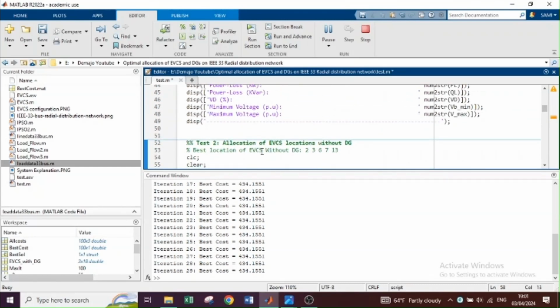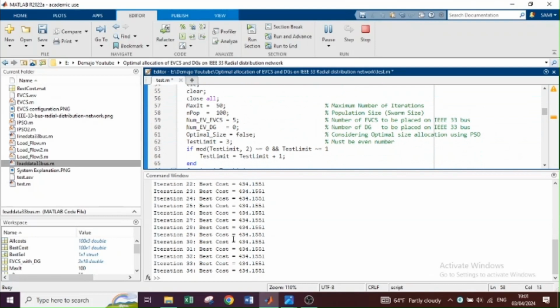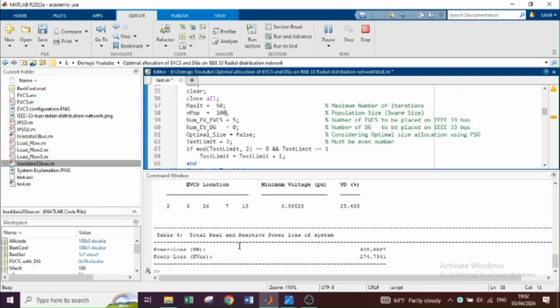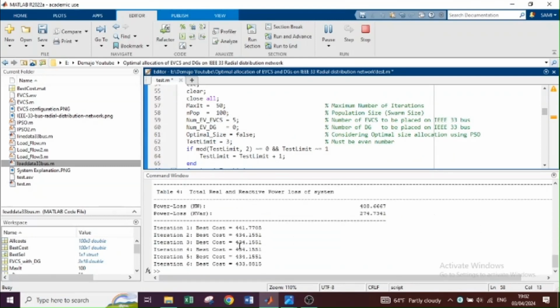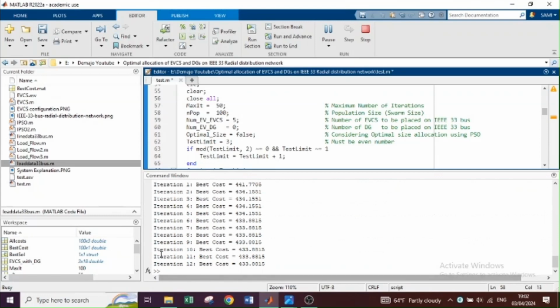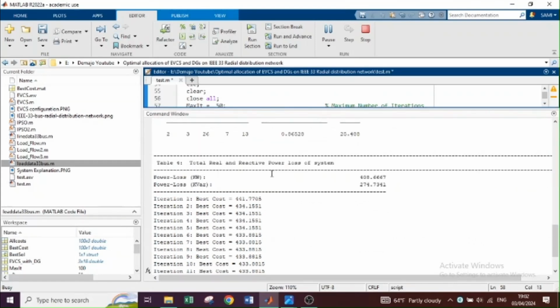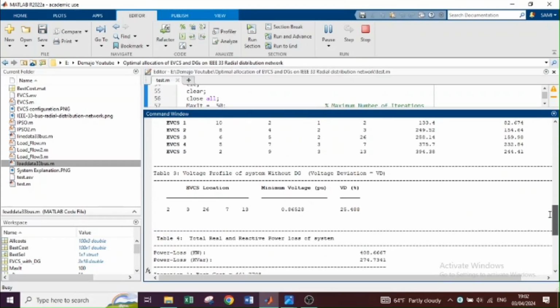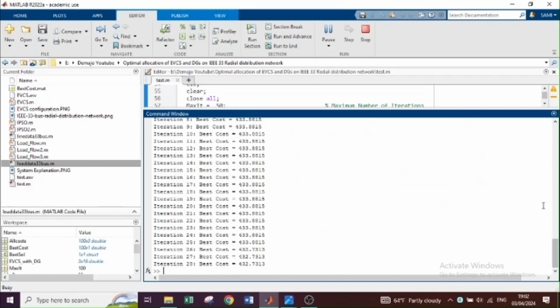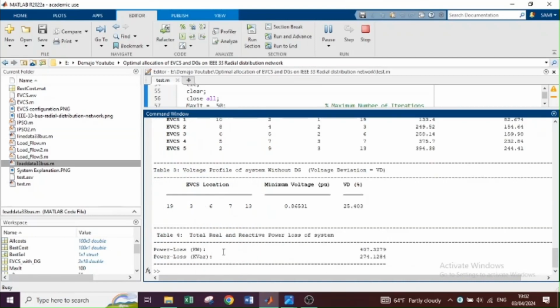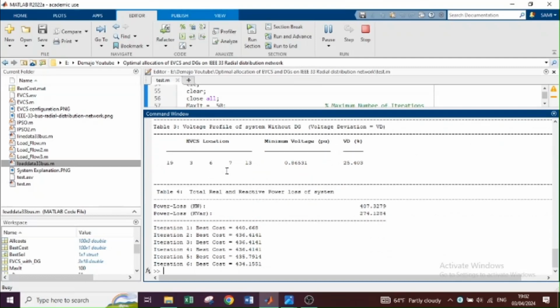Because there might be some small changes from one bus to the other bus for the first EV charging station or second one, and you might get different results. Even though I'm running on my computer right now with 3 tests, you might get different results than I get,